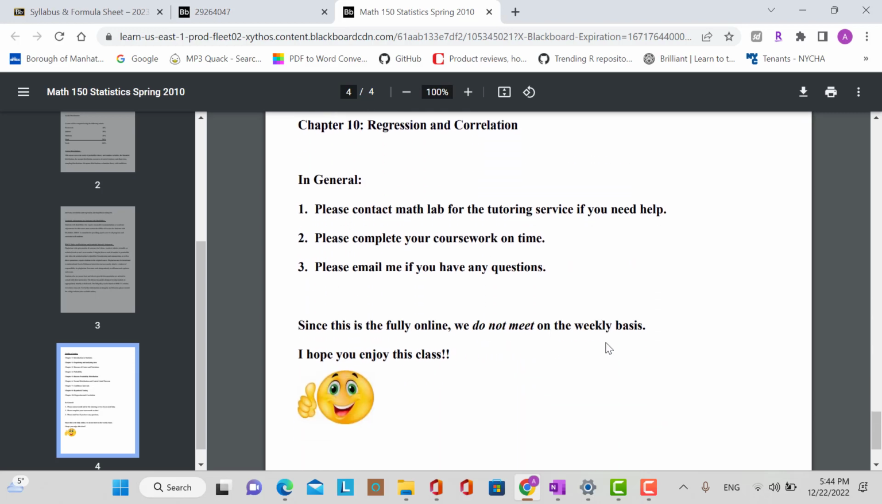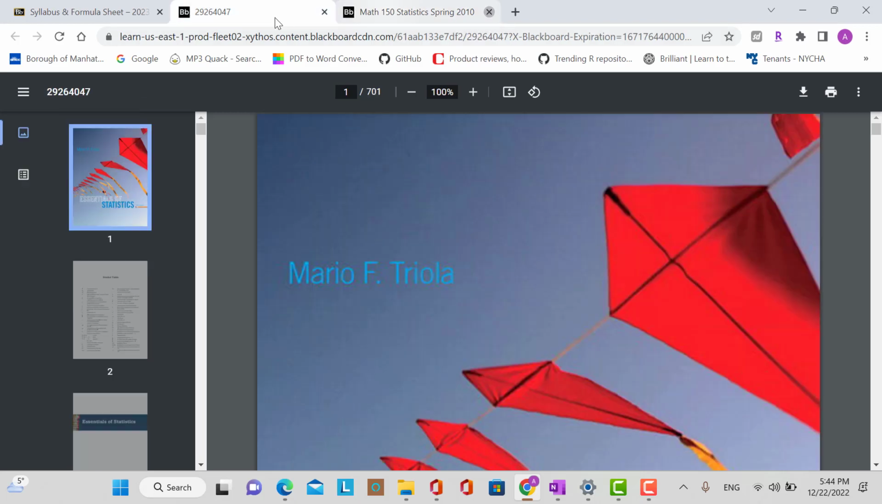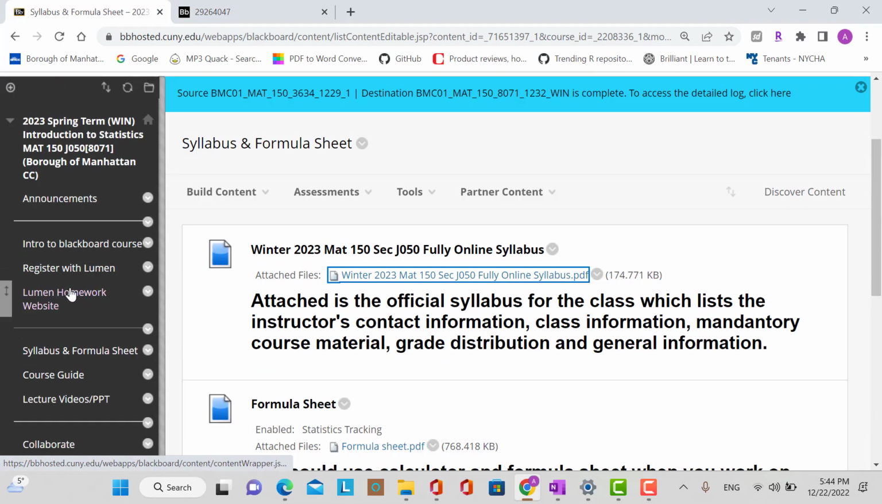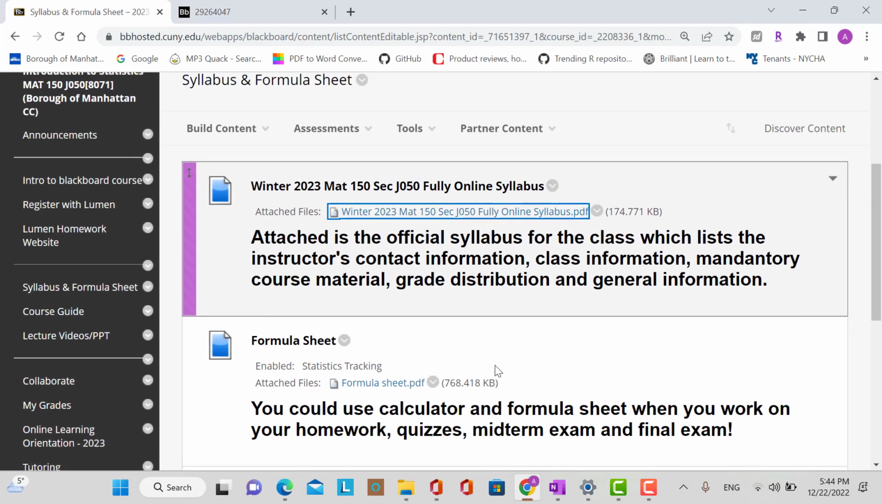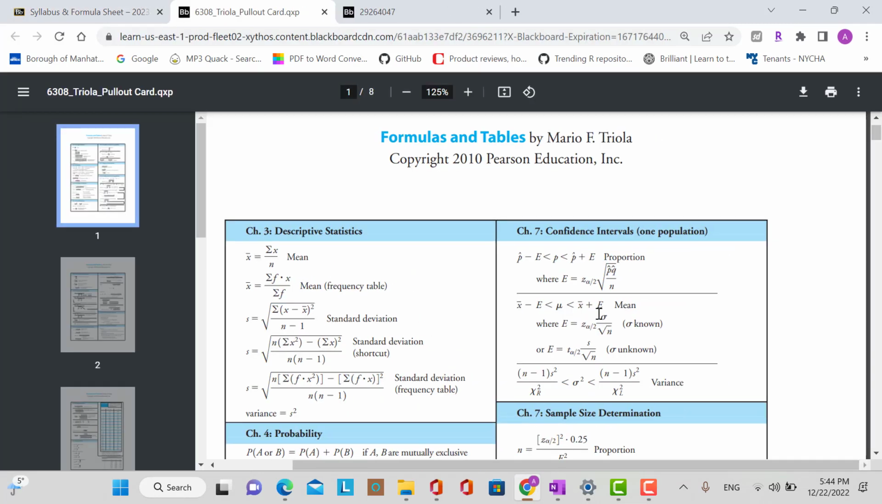In general, you can contact the math lab for tutoring service if you need help. Also complete your coursework on time. Email me if you have any questions. So yeah, this is basically our syllabus. I also posted a course guide. Below the syllabus, you're gonna see the formula sheet. I forgot to mention the formula sheet. You can use the formula sheet as a reference